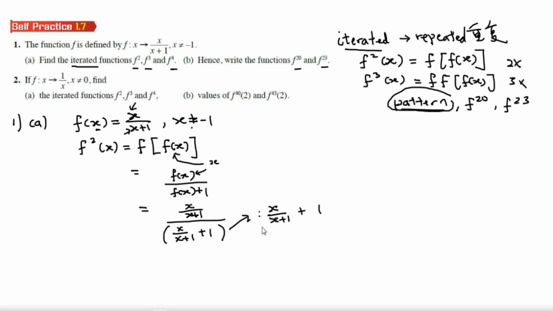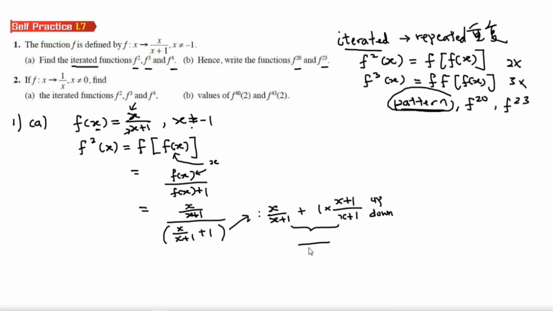To take note here, the denominator for the first fraction is x plus 1. So what we do, we times x plus 1, x plus 1 up and down. 上下呢都乘 x 加1。